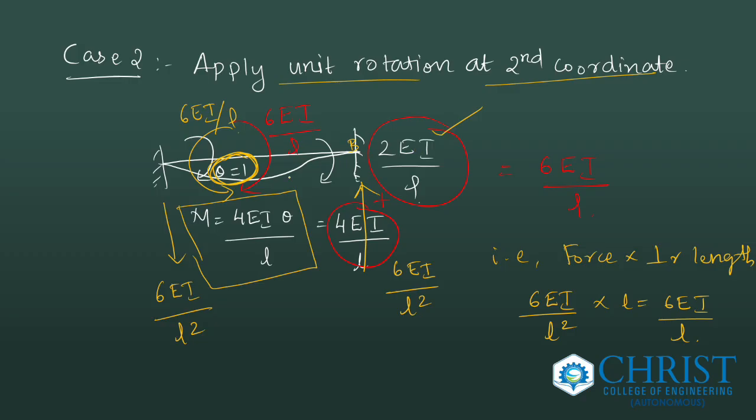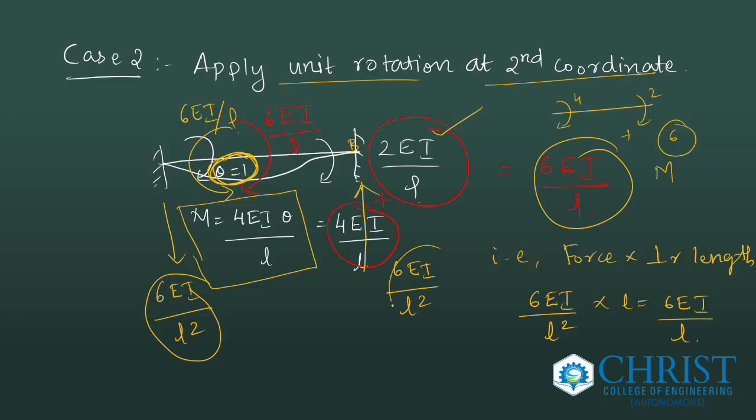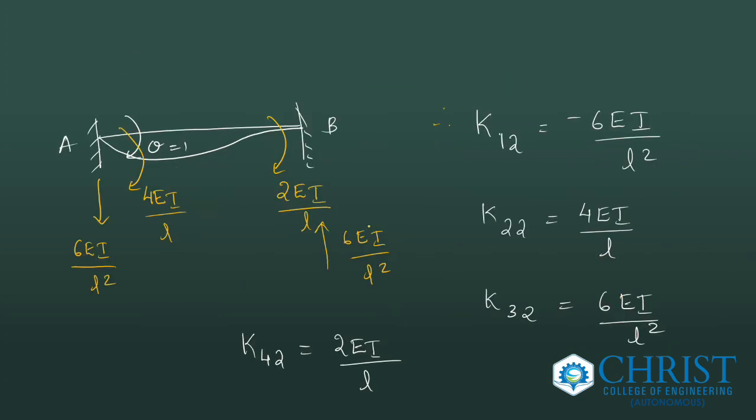Now, resultantly, how many moments are there? Here there is 4, here there is 2. Adding up that, I will get 6. So 6 EI by L moment is induced in the structure. In order to overcome this one, the support reaction will produce 6 EI by L square force. So 6 EI by L square into length will give me 6 EI by L. Okay. So writing the terms,